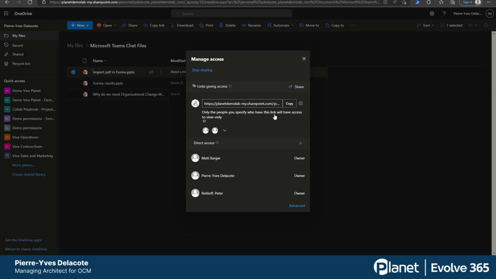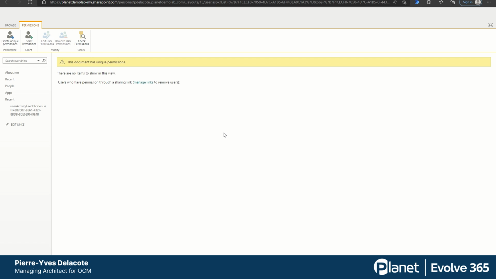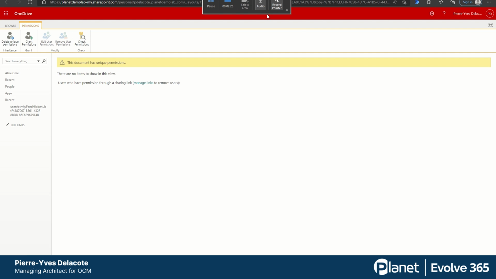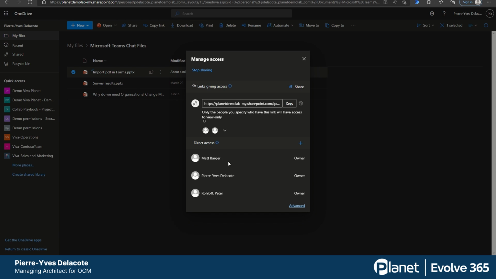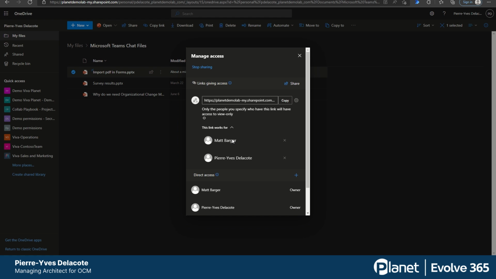Interesting. So let me see, advanced. No, I'm trying to show what's really the access here. So Matt Barker can have access, that's a good thing, but I don't see where it says that Matt Barker can only